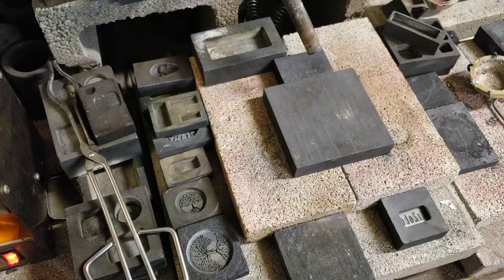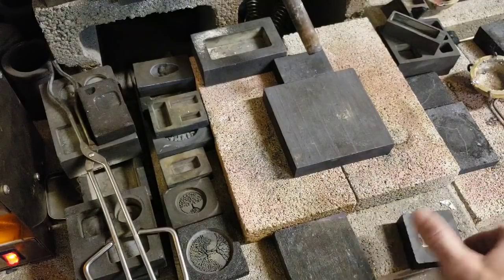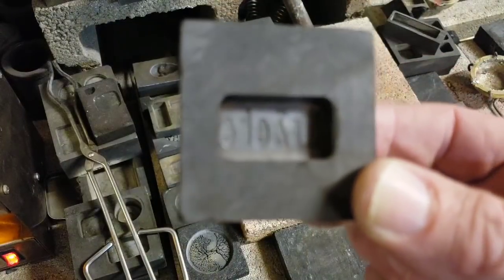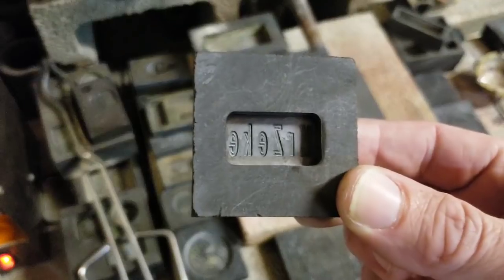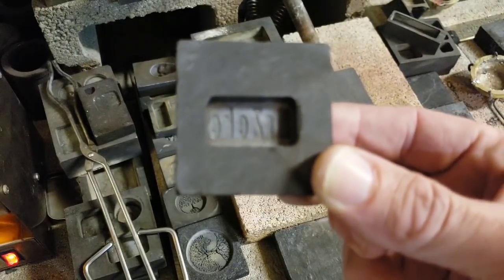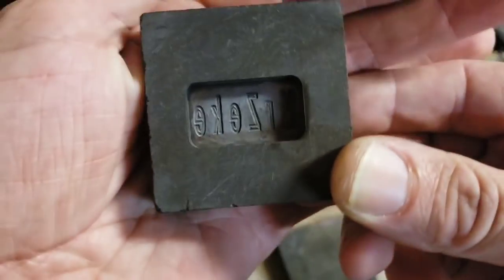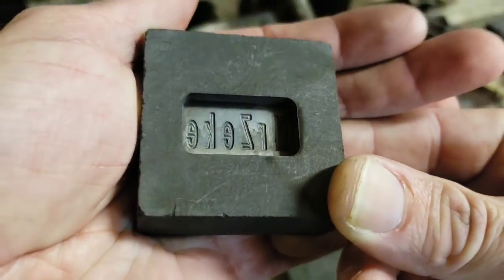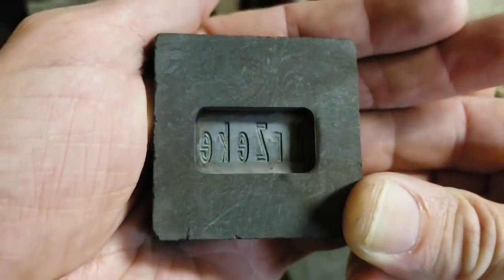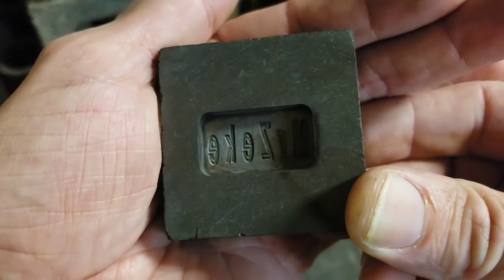It's a new round. It's heating up right now with some silver, and then we've got another one that we'll do after that. It's a Mr. Zeke logo bar. Get this to focus, there you go. Doesn't want to stay focused. There we go, Mr. Zeke logo bar. I have to admit I have poured into this one, and I have another one coming. This is a 1 ounce bar,